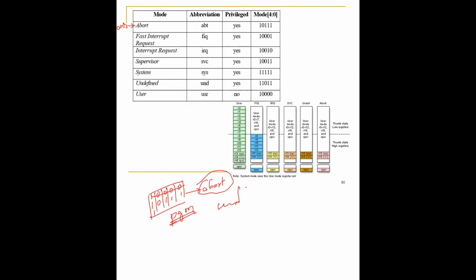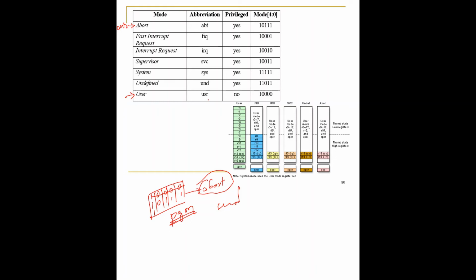But remember, changing the modes can happen only in the privileged mode, not in the non-privileged mode. Suppose you are in the user mode, you cannot induce undefined, SVC, IRQ, FIQ or abort. If it gets induced by itself, that's fine, but you cannot do it. So these are the things you need to remember.